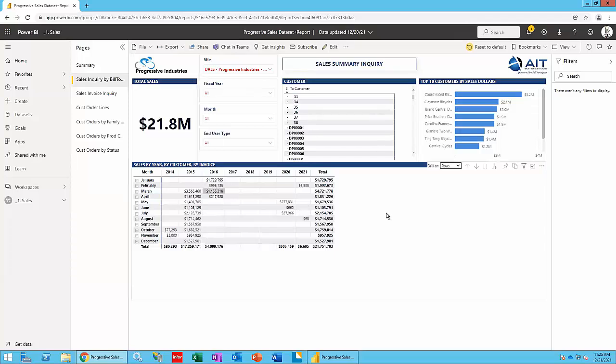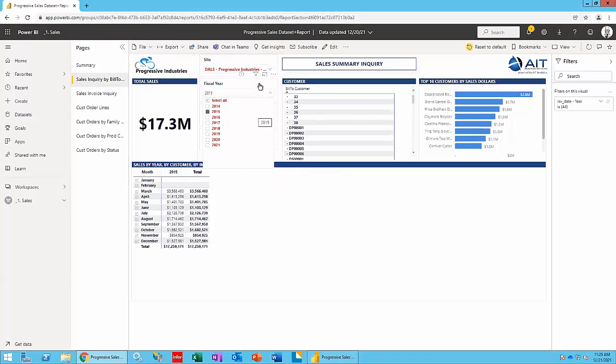So the next one here is just a way to look at your historical sales data in a comparative way, and it gives you a bit of a high level metric. You can use any of these objects here, which are called slicers. Think of it as a way to filter your data. I could say, I'm looking for something in the year 2015, and I want all the months of 2015, or if I wanted just the first quarter, I could